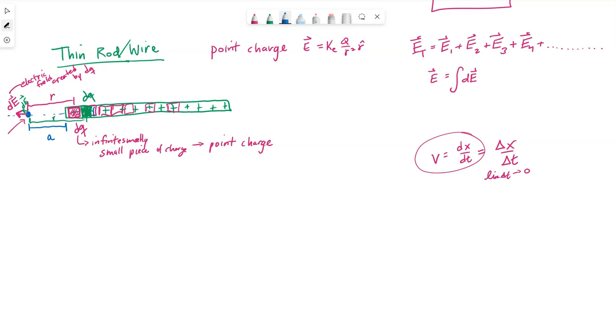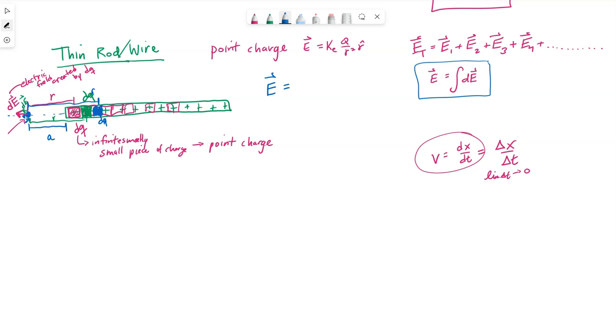As I continue thinking about going the entire length of this rod, I have another dq. It too would create an electric field here, but that would be even smaller because this charge is farther away. And so when we say the electric field is the integral of the electric fields that each piece of charge creates,